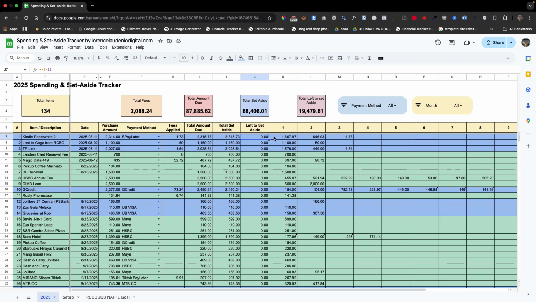So when this column reaches zero, meaning we reach the purchase, meaning we reach the total amount due, we set aside that amount, and will withdraw that later when we're going to pay our due.